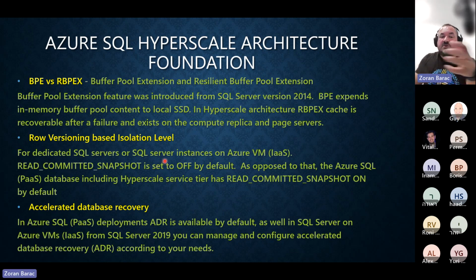Oh, okay. So it's going to be available not just to the compute, but to the page servers. Depending on the size of your database, you might have 10 page servers in the back. They're all going to see your historical values of the data. So if something happens and you need to recover, they don't need to do the undo process from ADR. They can just pick up those rows and apply them. Okay, thanks. It's going to skip, like, the ARIES recovery model, where I believe the order was analysis, redo and undo phases. Now that undo is going to be skipped.